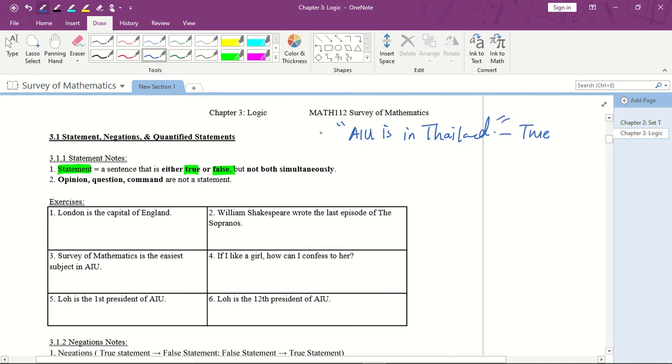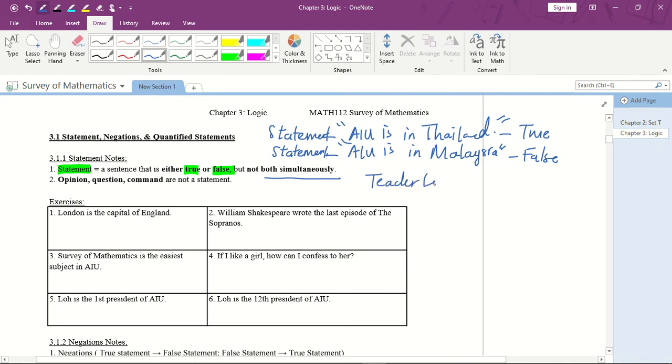If I say AIU is in Malaysia, is this true or is this false? This is false because we know that AIU is in Thailand. However, although it is false, this is also considered a statement, because a statement can be either true or false, but not simultaneously. So what do we mean by simultaneously? It means it can be true and false at the same time. So for example, I can say that